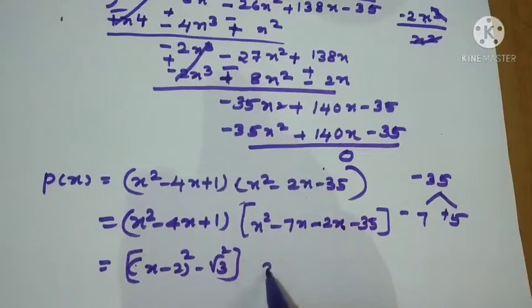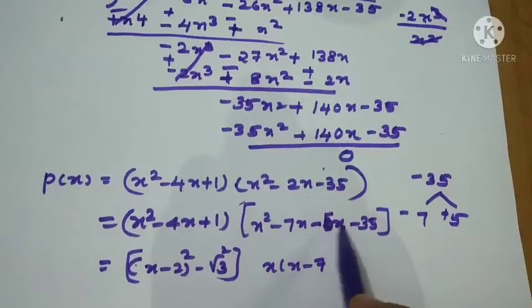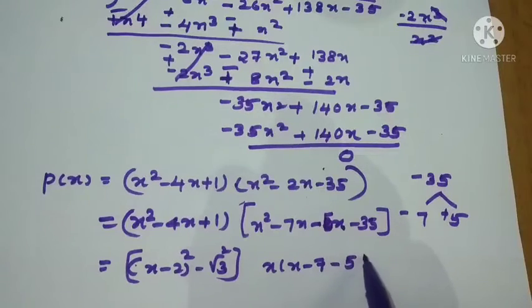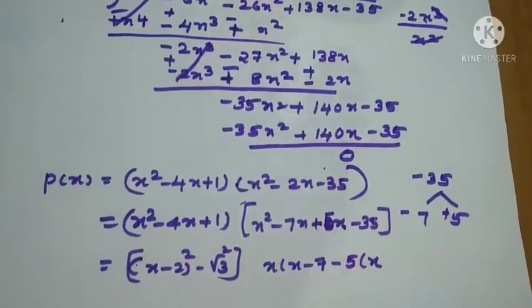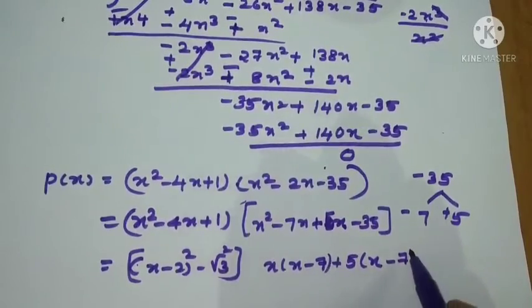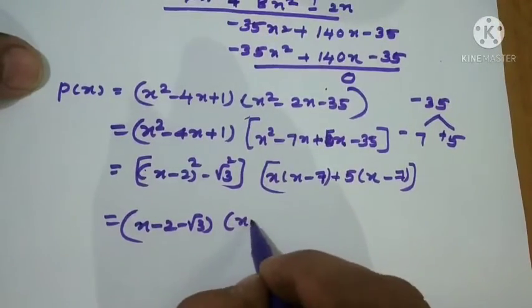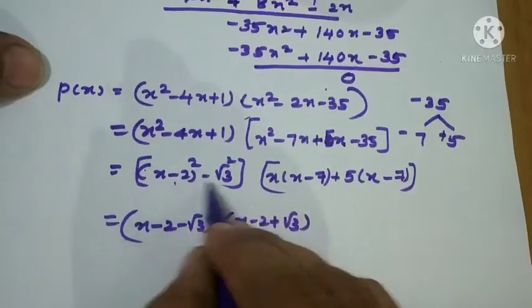Now what is common here? x into x minus 7. See, it is 5x only. So minus 5 is common. So x. See, this is plus 5x, so plus 5 is common, x minus 7 only. So x minus 2 minus root 3 and x minus 2 plus root 3 are the two factors for this